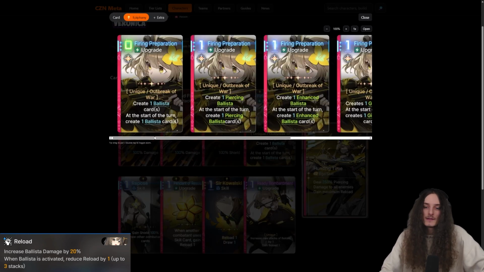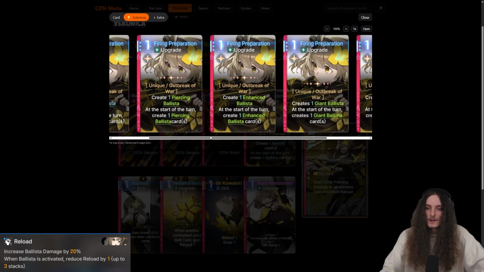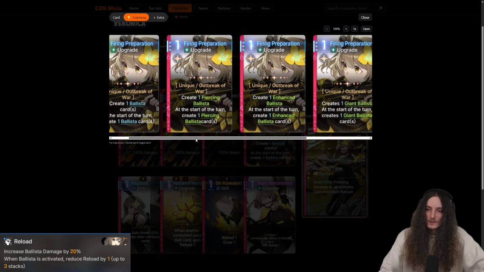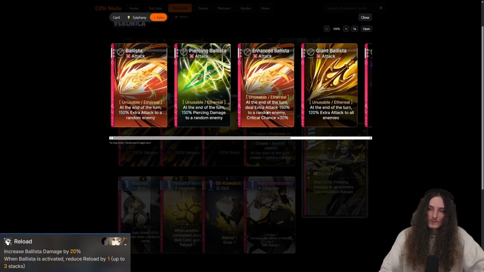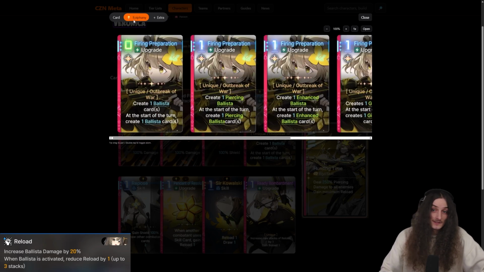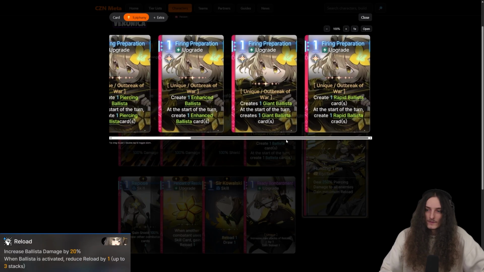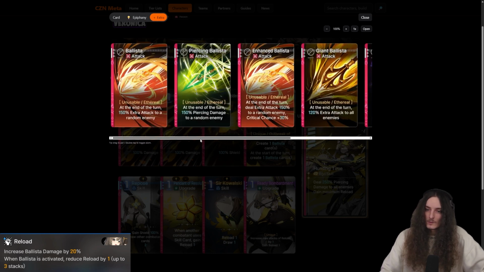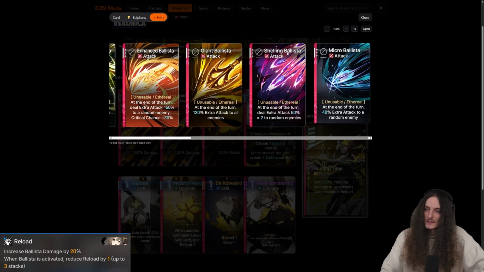has their own epiphanies. And that is, for the first one, you just reduce the cost to 0, meaning you'll be able to play it for free on turn 1. With the second one, you create a piercing ballista, so you create this green one instead of the normal one. With the third one, you create the enhanced ballista, which is the one with the crit chance instead of the standard one. And then with the fourth one, you've already guessed it, you create the giant ballista, which is the AoE one. And then with the fifth one, you create the rapid ballista, which is, I do believe, the shelling